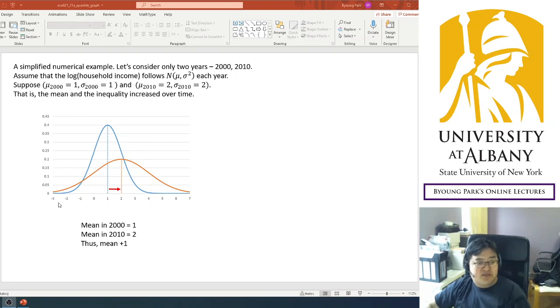In this case, the distribution changes from the blue to the orange. So if you use the mean regression, you will only observe plus 1. Plus 1 is the change in the mean, which is clear. However,